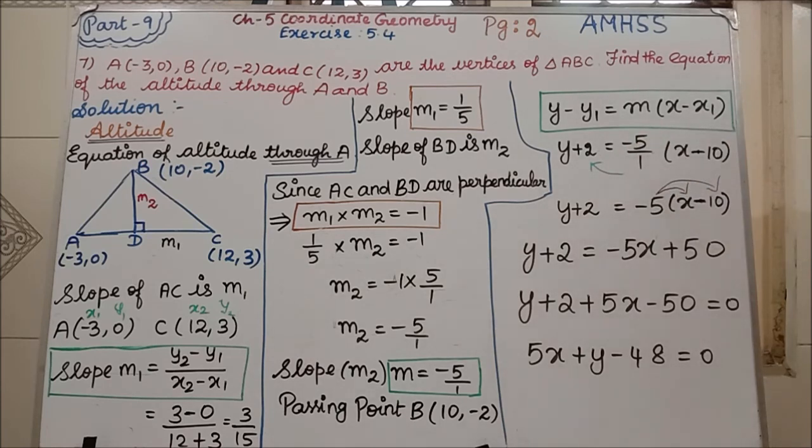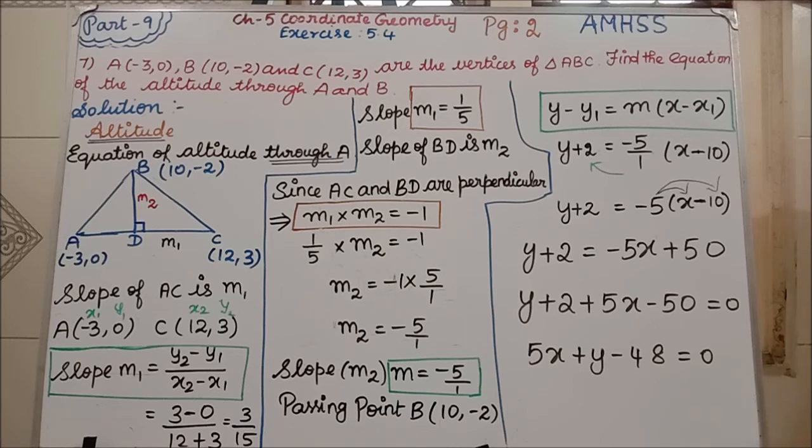Now the next step, if you do cross multiply, what will we get? 1 into y plus 2 is y plus 2, equal to minus 5 into (x minus 10). Minus 5 into x, and minus into minus is plus, 5 tens are 50. Clear all of you? See here, y plus 2 we have, this minus 5x if it comes to this side becomes plus 5x, then plus 50 if it comes to this side becomes minus 50, equal to 0.